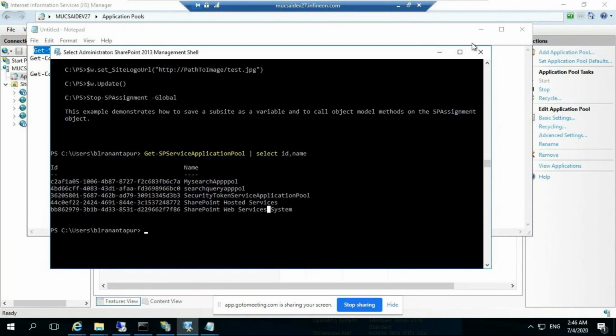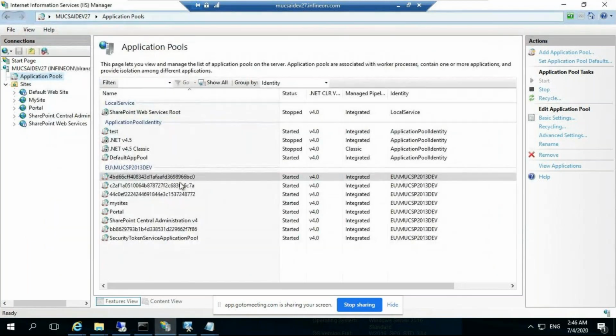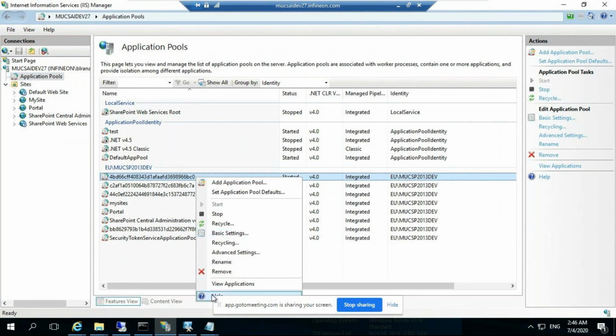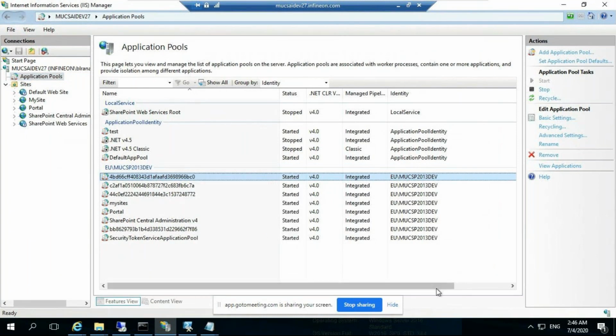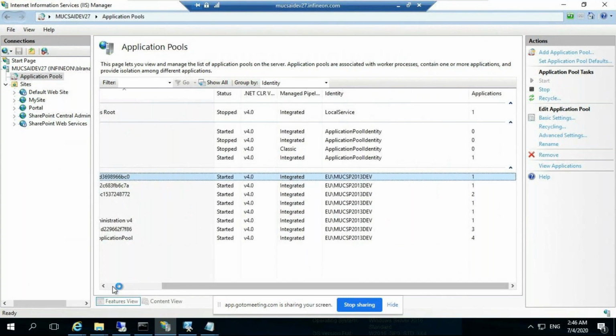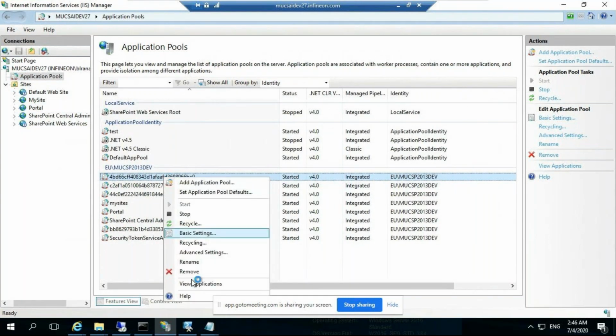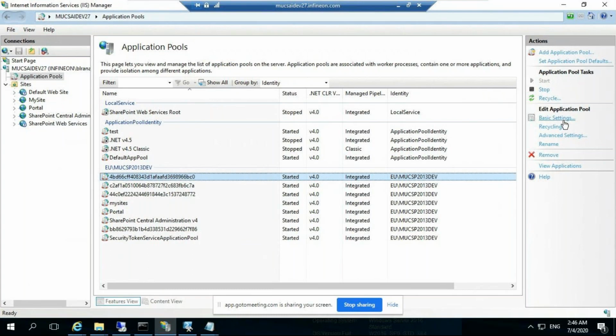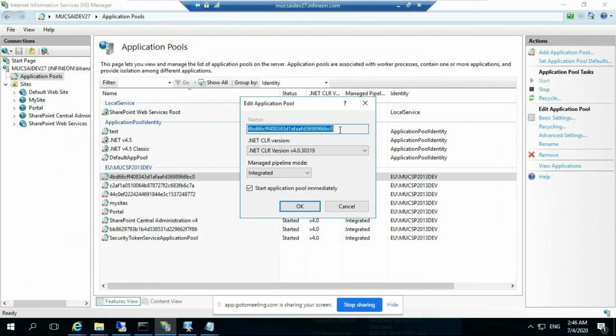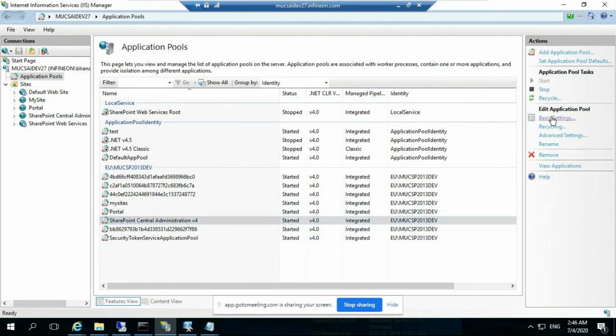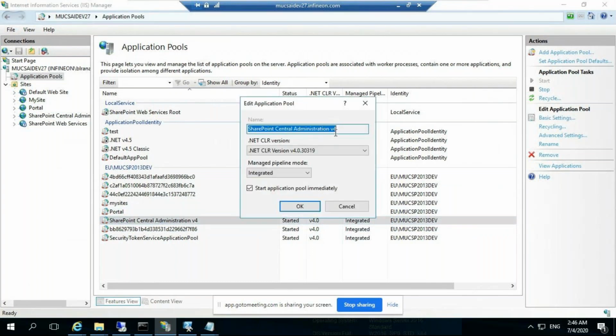I think if you go to the properties, we can see the name exactly as we assigned it while creating. No, the problem is that if you go to properties here, you can only see basic settings. The name will be assigned like this. Basically, if we go to central admin and click on basic settings, we come to know this.